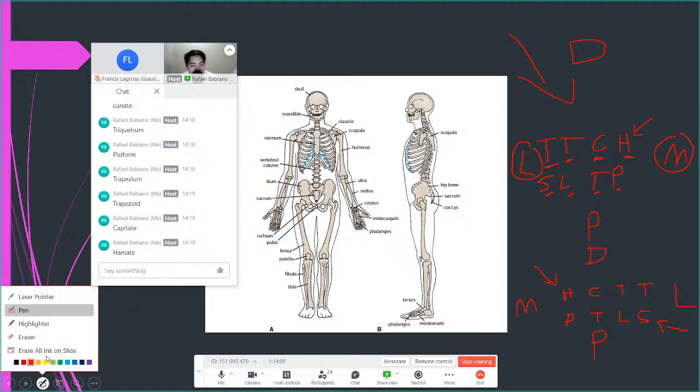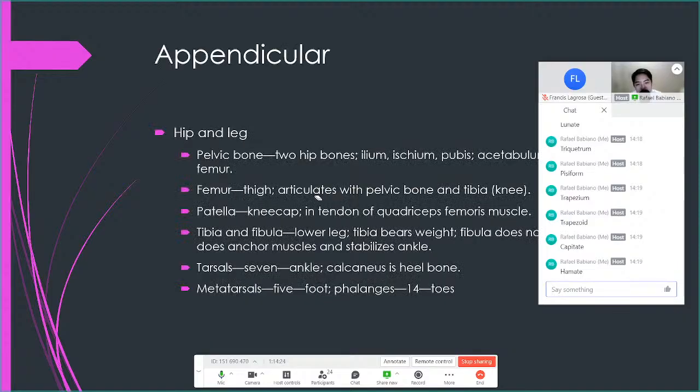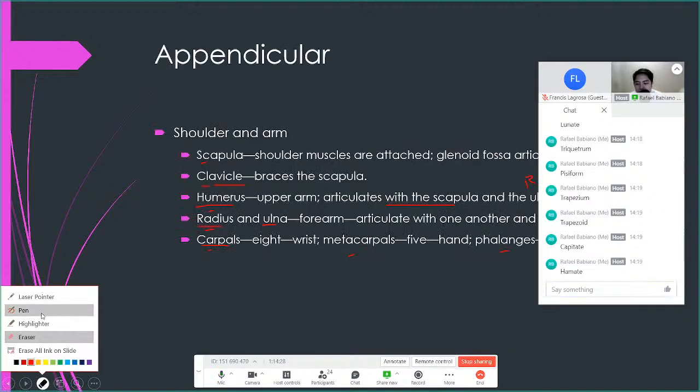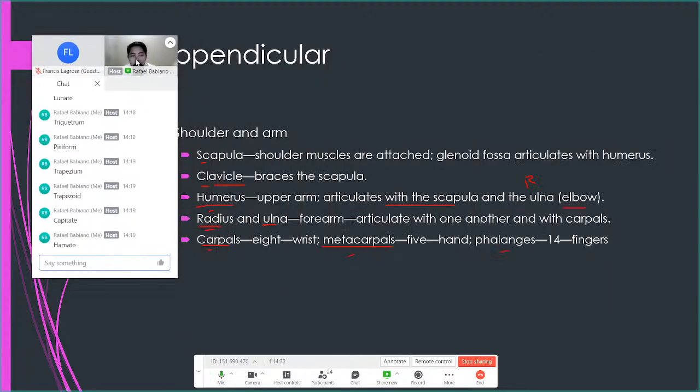Alright. Those are your carpal bones. 8 on each side. And then we go to metacarpals. Metacarpals are easy, they don't have names. Don't worry. Metacarpals are just metacarpals. There are 5 metacarpals right here. So, first metacarpal, second metacarpal, third metacarpal, fourth metacarpal, fifth metacarpal. Okay, there are 5 of them.